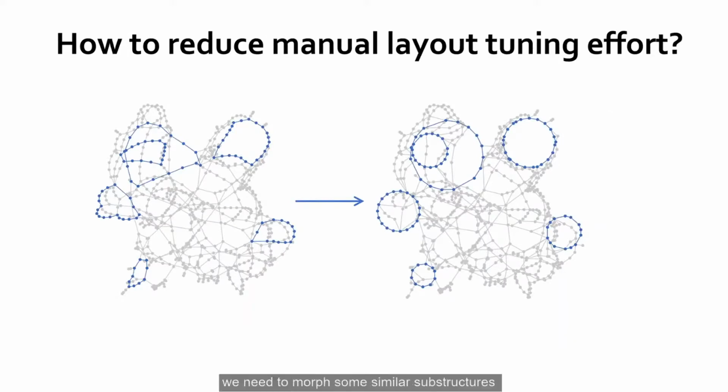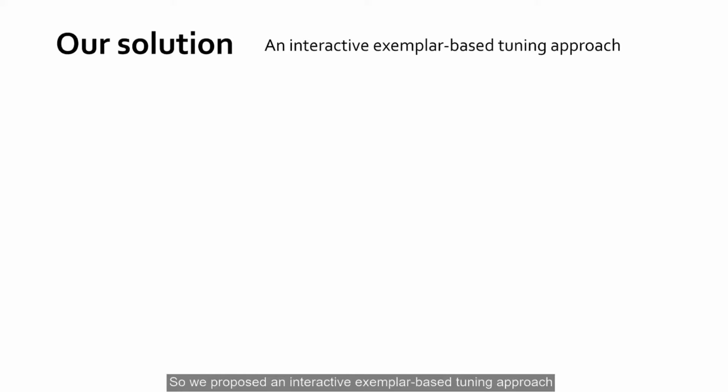In many cases, we need to move some similar substructures into the same shape again and again. If we only need to move one structure as an exemplar and transfer modifications to other substructures, we can greatly reduce the fine-tuning effort. So we proposed an interactive exemplar-based tuning approach to reduce laborious and repetitive layout modifications on